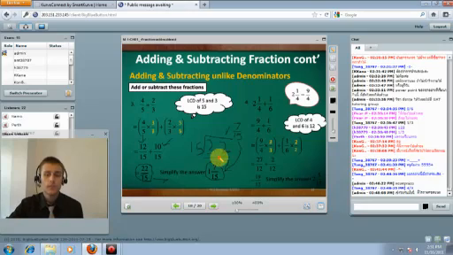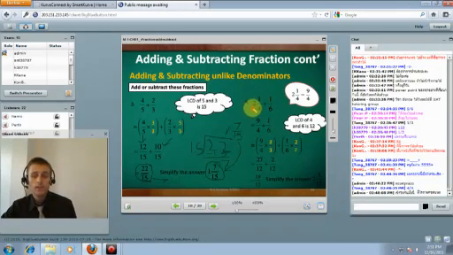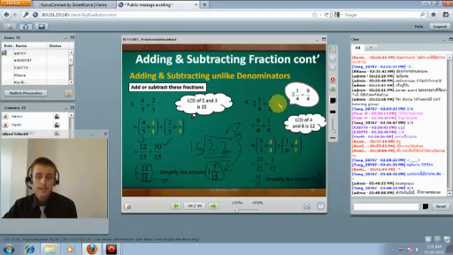In number 4 we have a mixed number, 2 1/4, plus 1 over 6. Now we need to make 2 1/4 into an improper fraction. So what we do is we multiply the denominator by the whole number, and then we add the numerator. So 4 multiplied by 2 is 8, plus the numerator, which is 1, gives us 9 over 4,